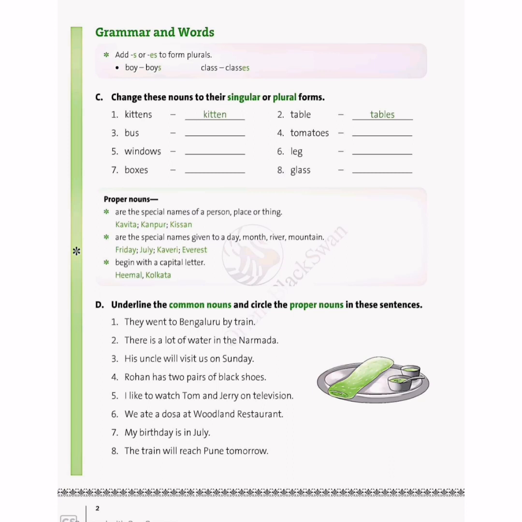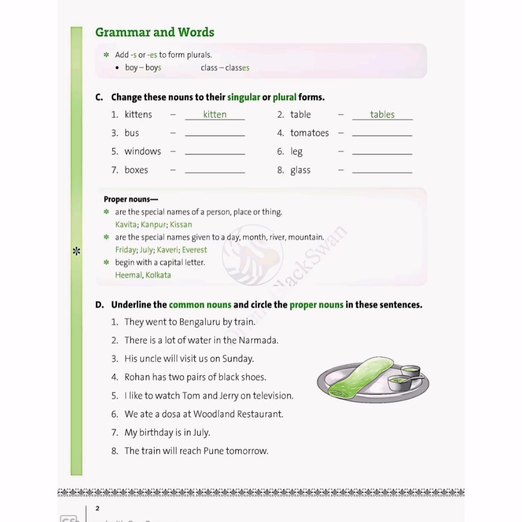Children, as you know, the name of one person, place, animal, or thing is called a singular noun, whereas the name of more than one person, place, animal, or thing is called a plural noun. I have also explained how to form the plural of any noun. First rule was that for most nouns we add s to make the plural form. For example, cat. If we want to make a plural of cat, we will add s and it will become cats. Second example, cup. For making plural we add s, it will become cups.